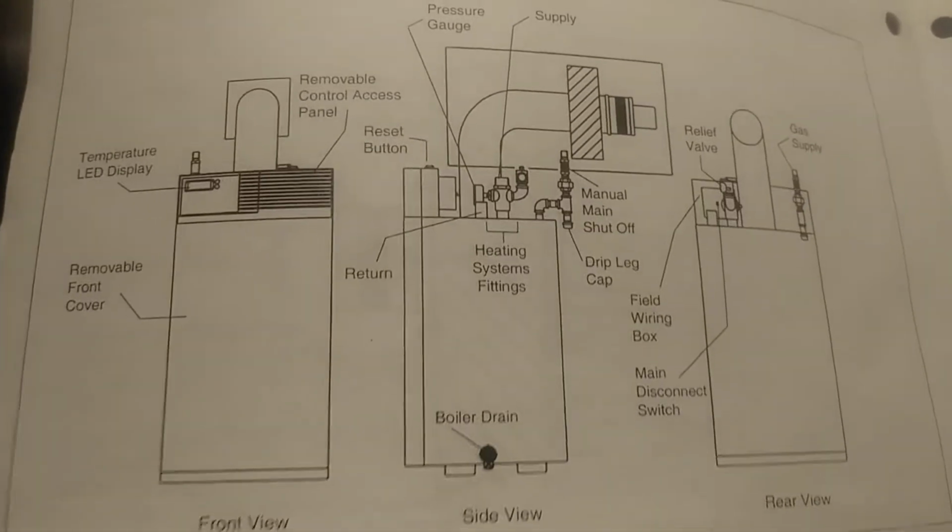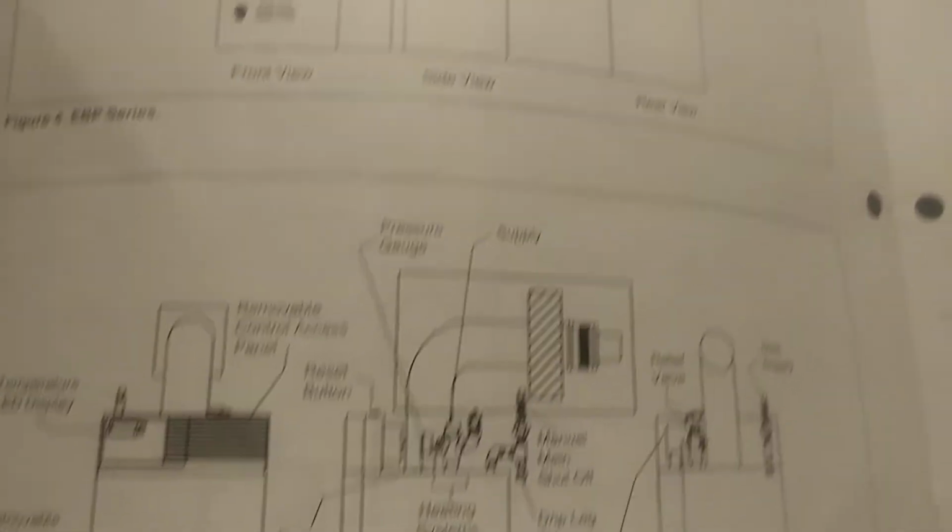Apparently it must have tried to kick in 3 times. Could be a bad igniter. Could be the wrong air fuel mixture. Could be a couple of things. We just have to check everything to find out what's going on. But right now,